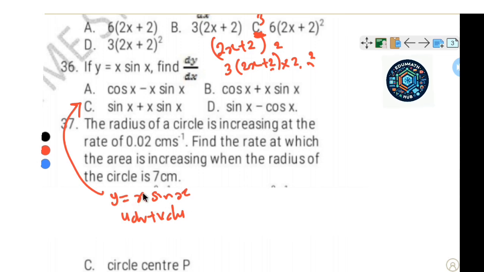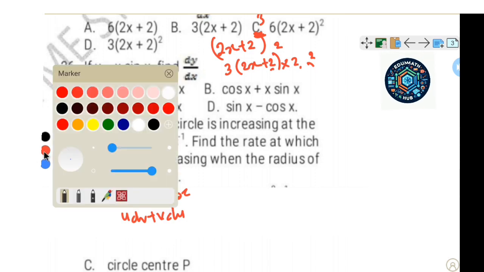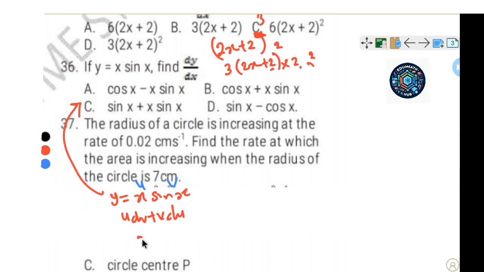Just x is standing as u, this is u, this one is v. So let's write down the first one, differentiate the second one, plus write down the second one, differentiate the first one. So that's just the format. So if you do that, write down x, differentiate sine x, you get cos x, plus write down sine x and differentiate x,